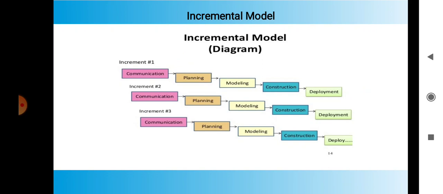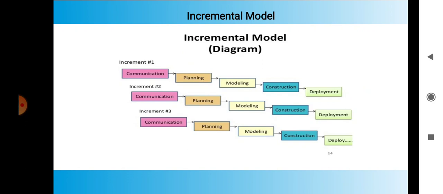That means first the first increment is completed, then the second increment is completed. If the first has some suggestion, then this suggestion is added into the next increment. This is defined as a model of software development where the product is designed, implemented and tested incrementally until the product is finished. That means the incremental model has 3 important phases. First is designing, second is implementation and third is testing.